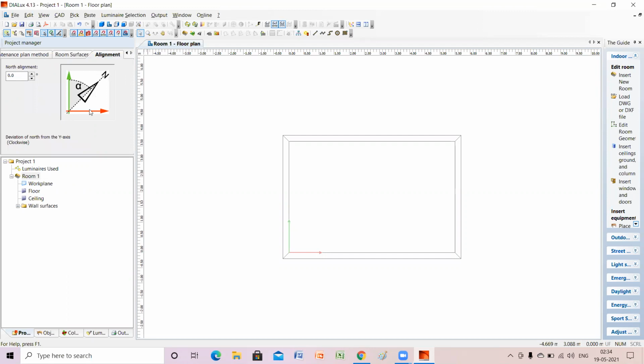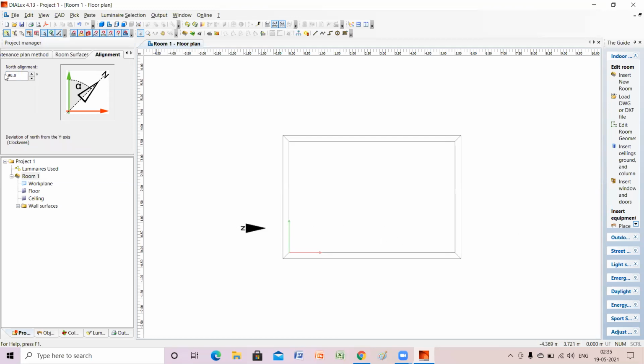Now alignment is very important. See, north alignment means the room is at 0 degree north, right? Let me change the alignment and you will understand. I have changed the room alignment to 90 degree. See, this 90 degree means north is here.